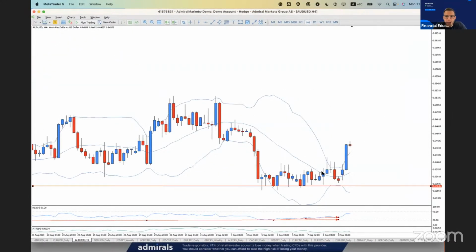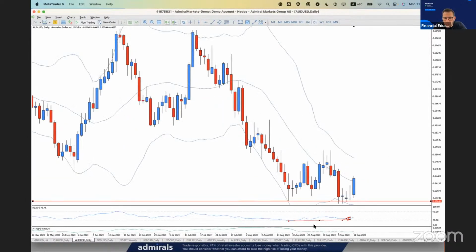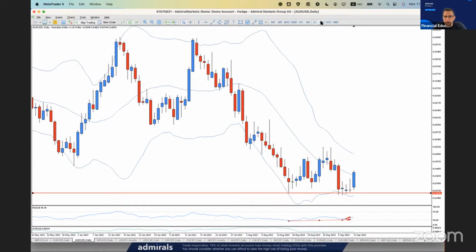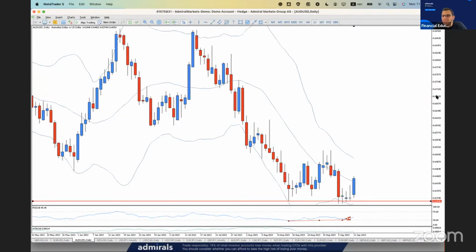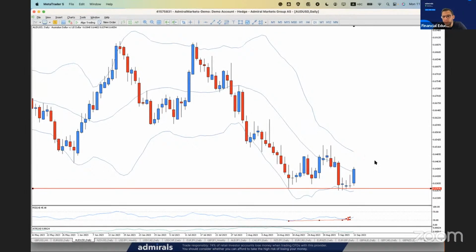Remember on Friday, we commented and I put that thumbnail on YouTube: double top, question mark, what to watch on this double top. So I marked that we have some bullish divergences here and the price came at this level of support. It's been a while. This is a strong level of support. It's been a while that the Aussie is in a downtrend, and at some point it needs to make some retracement before it continues.